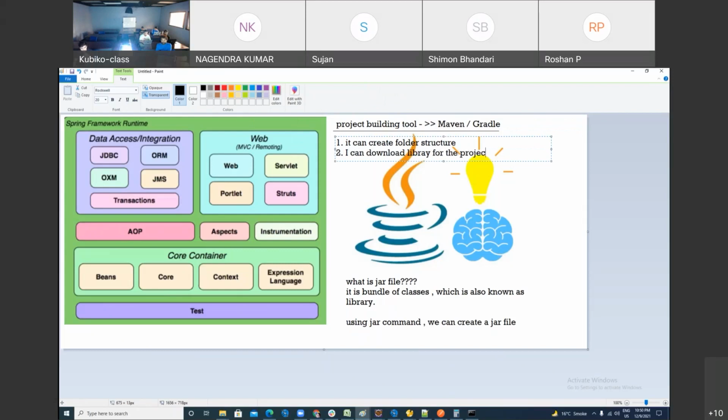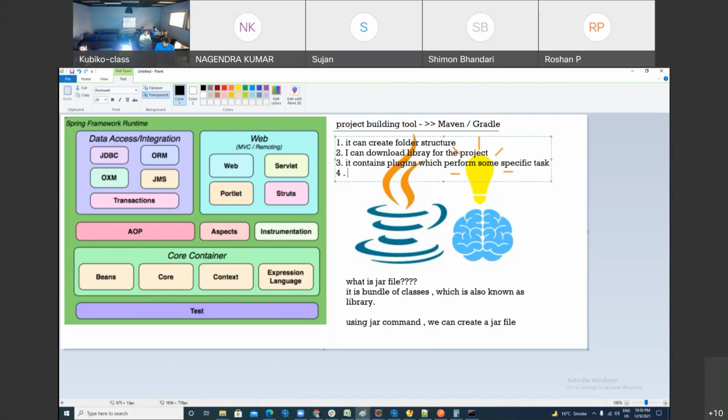It contains plugins, which do a really great job. Plugin is one of the really cool features of this project building tool. It contains plugins which perform some specific tasks. I'll let you know what the meaning of it is.